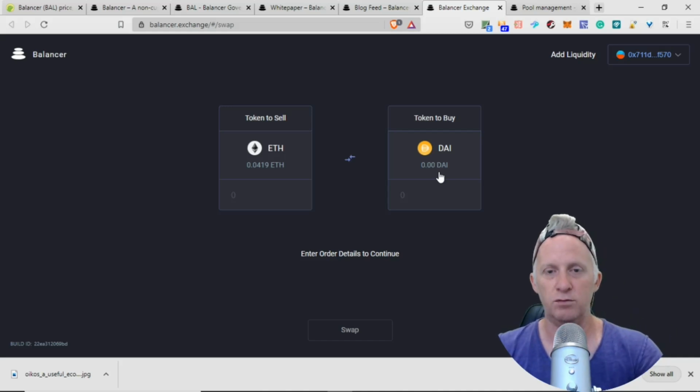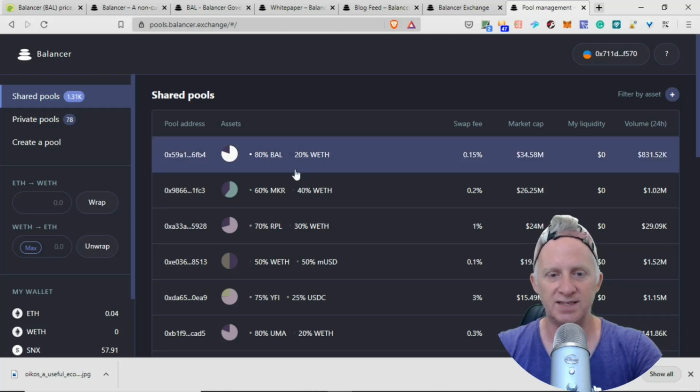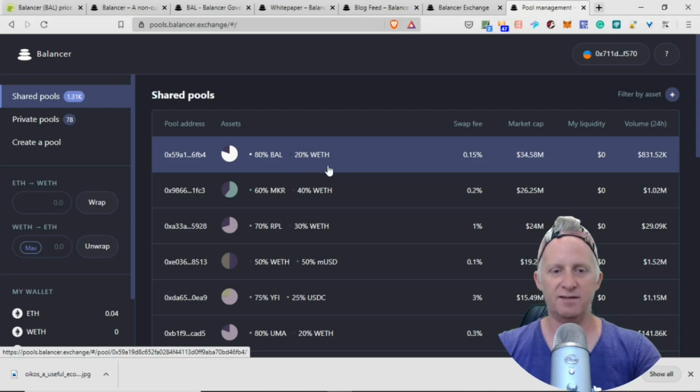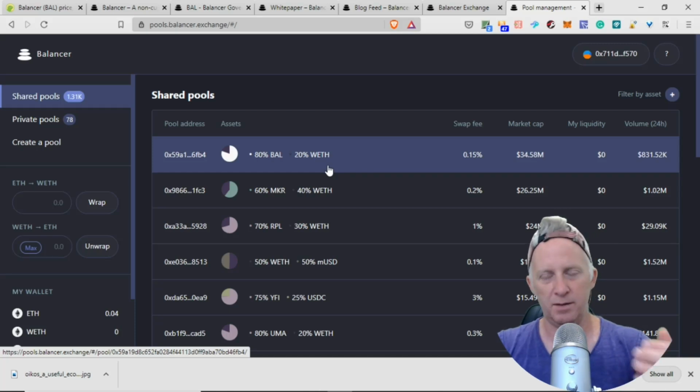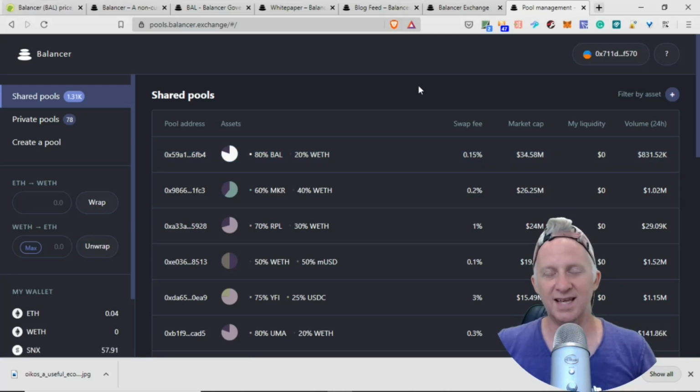This is pretty straightforward. A lot of solutions already do that, so this is not the main benefit of using it. The main benefit of using this protocol is to get exposed and always have your balance weighted. For example, you want to invest in BAL and as well ETH, but always have 80 and 20% in your portfolio, so you can provide liquidity. You get exposed to the two tokens, you collect fees based on that, and you collect the governance token, the BAL that they release each week. So this is yield farming. Basically, you provide liquidity, you make money with the fees, and you make money collecting the BAL tokens. So that's the major benefit right now of using Balancer,